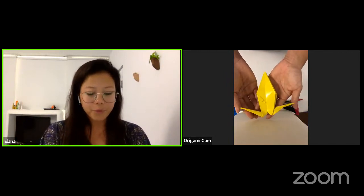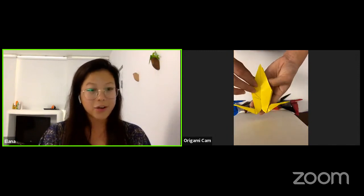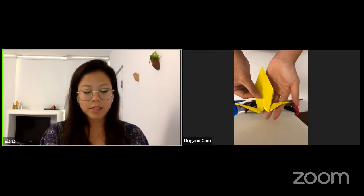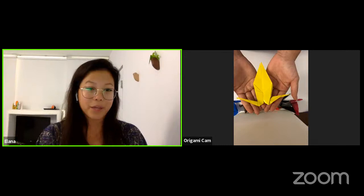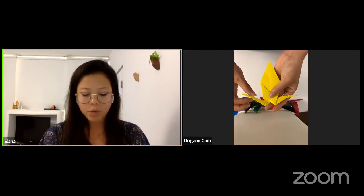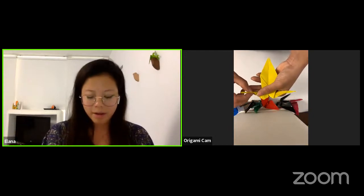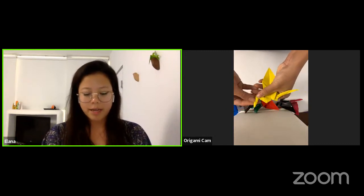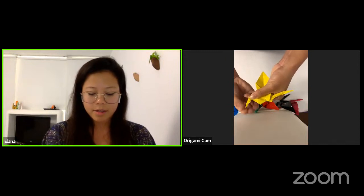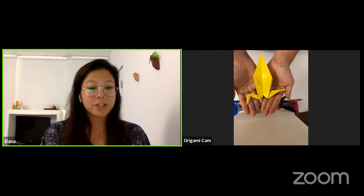So as you can see, we have made our two ends, the tail and the head, and these are our wings. And so for the final little bit to turn this paper into a crane, we're going to be folding the head. And so we're going to do that by taking one end, and whichever end you think you want to be the head, and fold it again down and in, into the head. And I like to just use my hands to mold it into the shape that I want. And when you're finished, it should look like